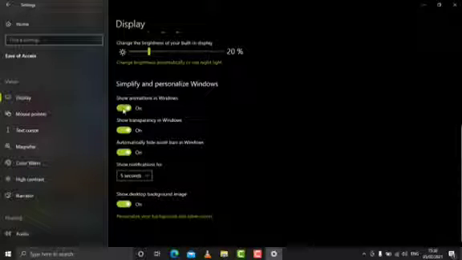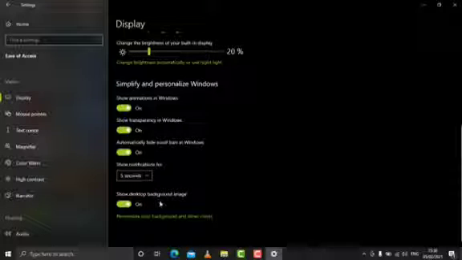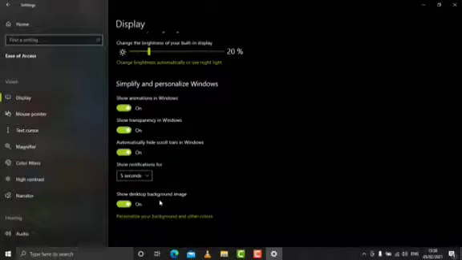The person who has a special kind of disability may switch off all these. When he switches off all these, the animations will be switched off, transparencies will be switched off, the scroll bar will not hide automatically, and background images will be switched off. So he will have a lot more ease in focusing on the content, and these animations and the background will not distract him.